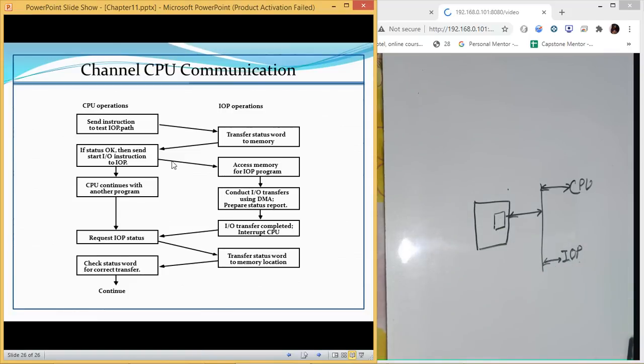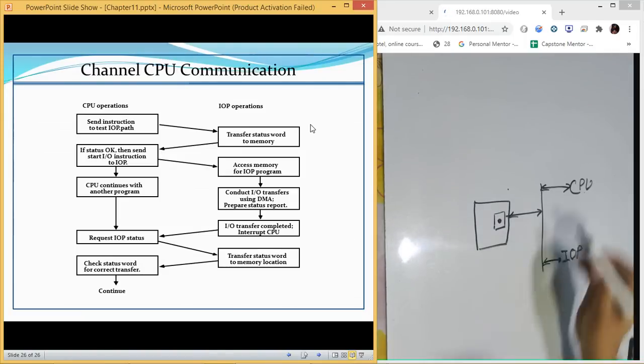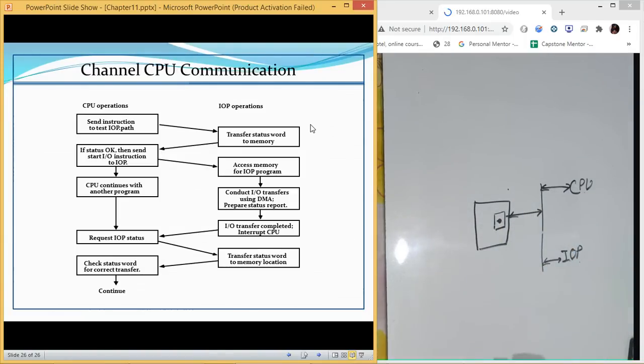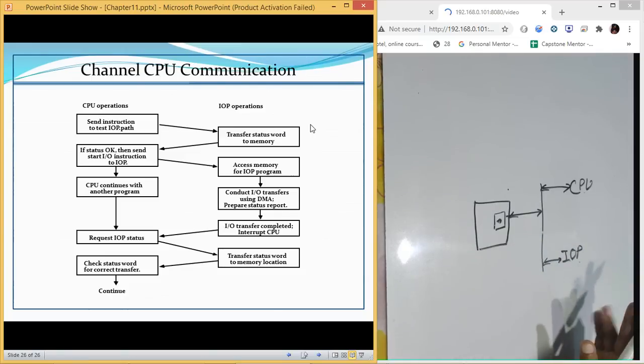Now, when we talk about the transfer status word, where is this status word transferred? It is not transferred to the CPU. It is actually transferred to this place. Then the CPU checks it from here to see what the status is. If it is correct, then it issues an input output instruction.